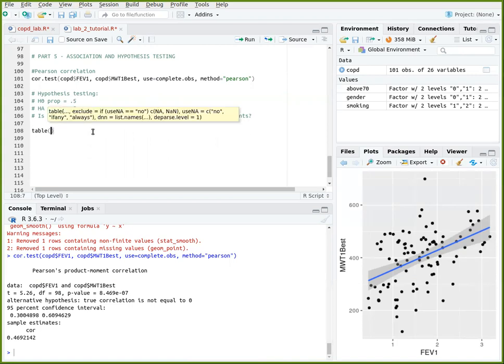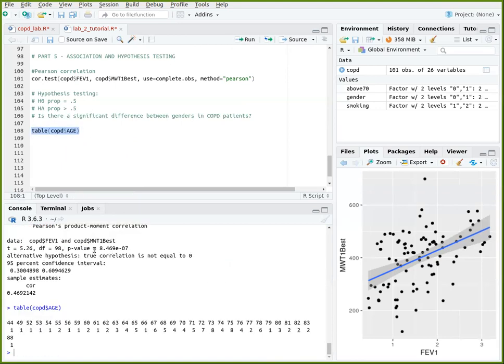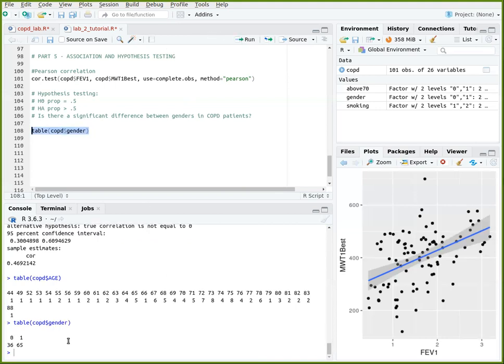So if we remember, if we table COPD gender, oh, I'm sorry, not age, gender. We see there's 65 males, 36 females. So there's already an indication that it's higher, and maybe there's other theory that suggests that men are more likely to